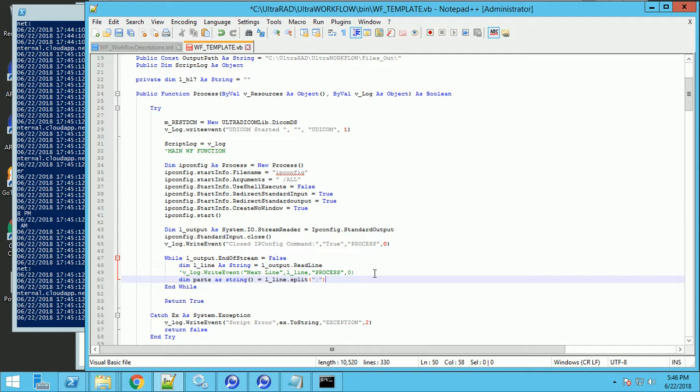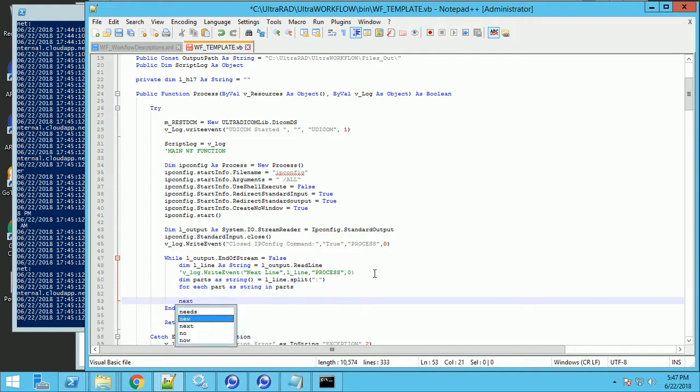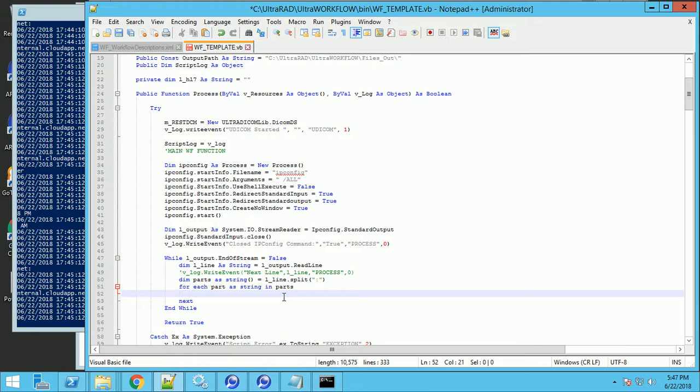So I know if I always split on that, I should get two parts. I might get only one part because that character may not exist, so it won't split into anything. And then I can process that one part at a time. So for each part, oops, I've spelled for wrong. So for each part, which is a string, in parts, it's going to take the parts array, and for each part in that parts array, which again was split on that colon, I can check, right? So we're going to do an if statement. We're going to say if,